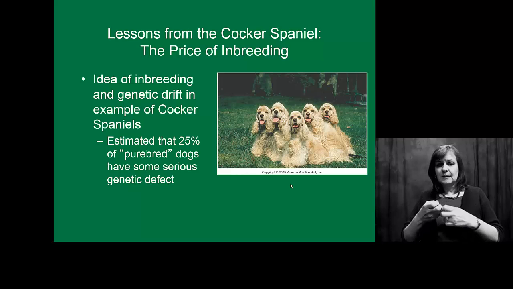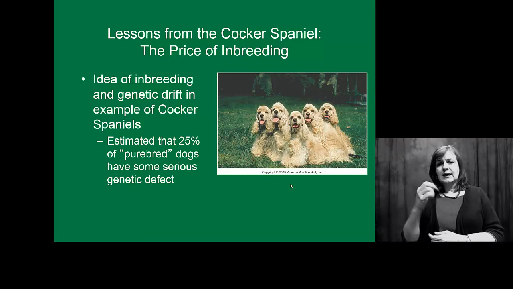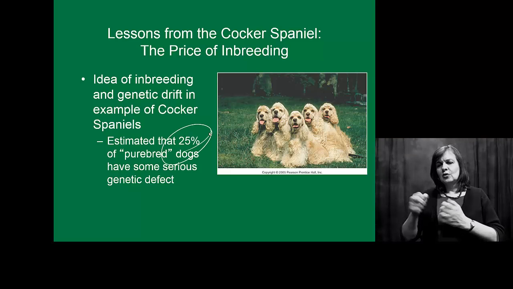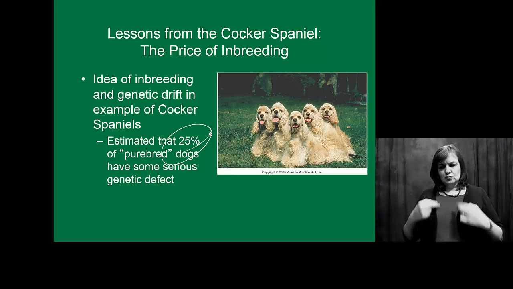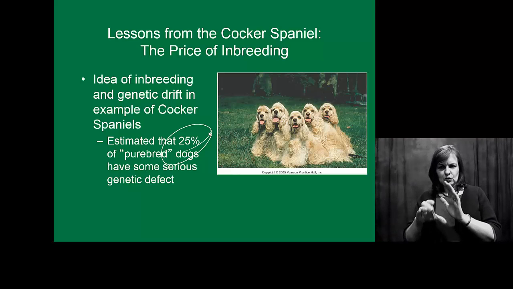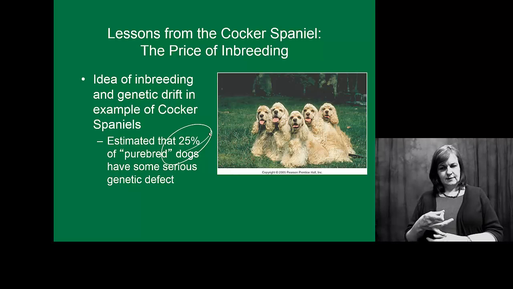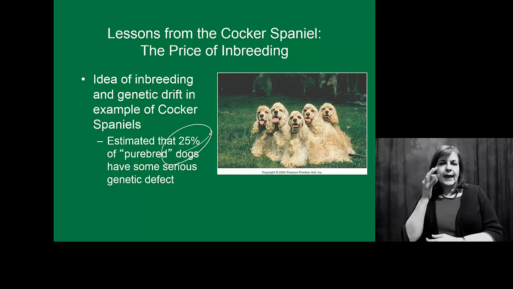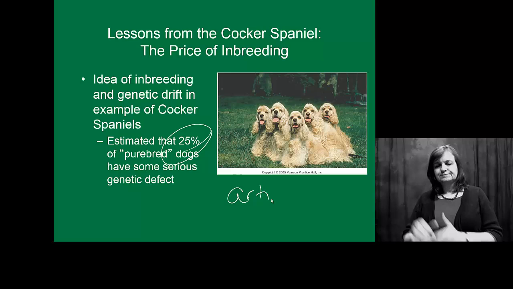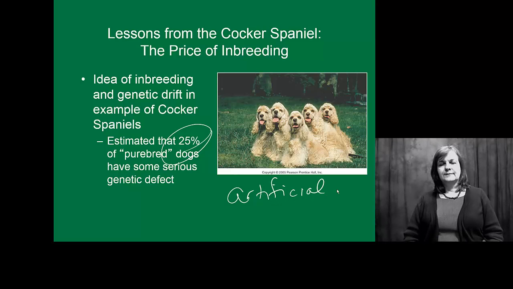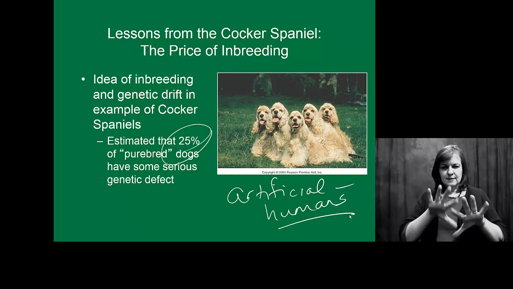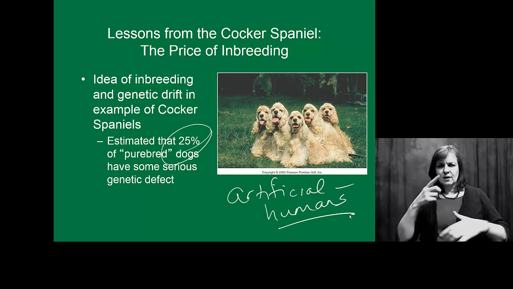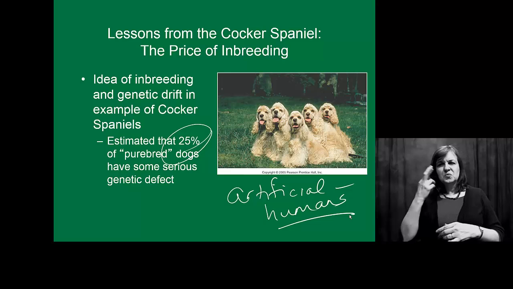So when we talk about purebred dogs, they're actually now looking at about 25% of them that have some serious genetic defect. This might be blindness or deafness. We also look at things like hip dysplasia in these breeds. But this is all a result of artificial selection. So artificial selection, remember, is selection by humans of some particular characteristic that we like in either dog breeds, cat